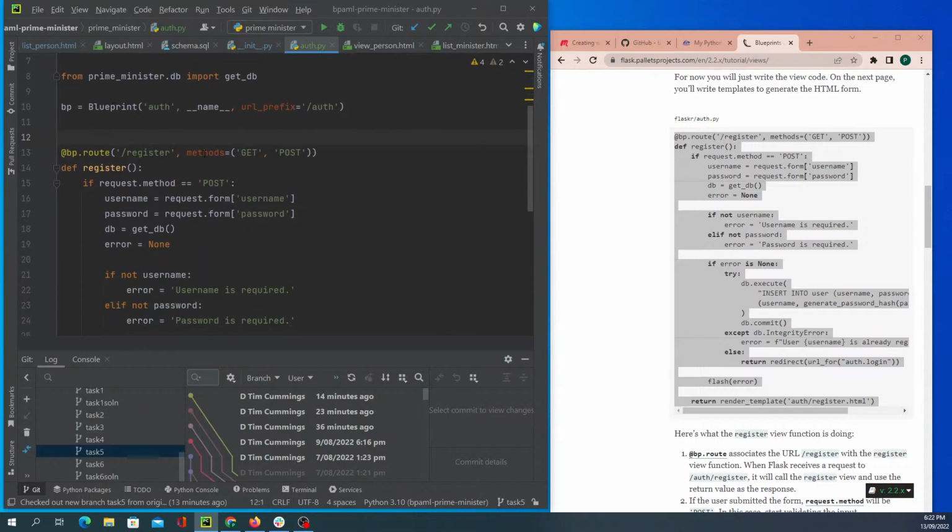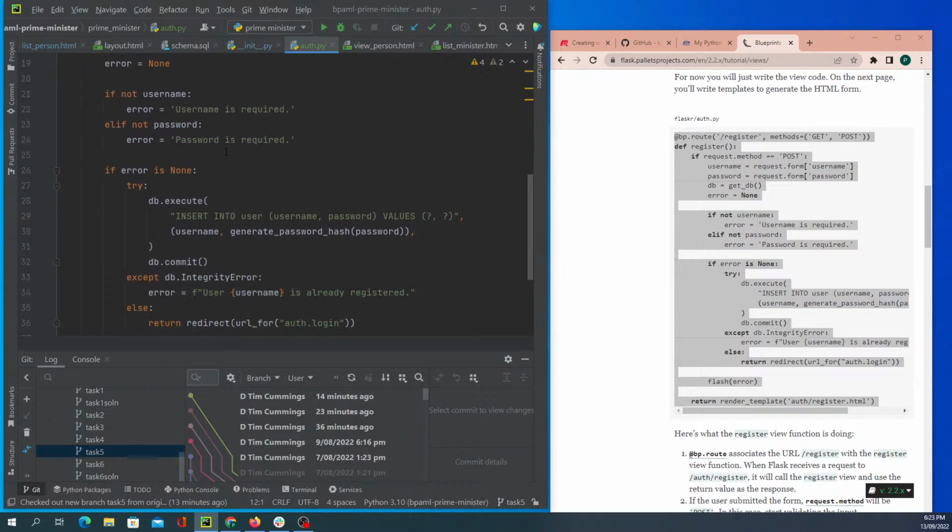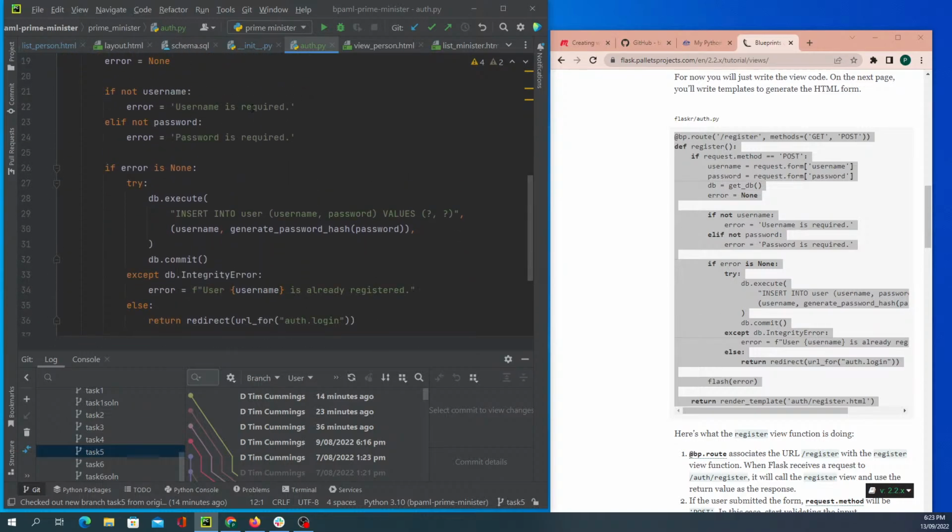And so it's part of our blueprint. Rather than app.root, we're calling it bp.root. Let's have a look at it. So it's going to look at a form for a username and a password, and the username is required,